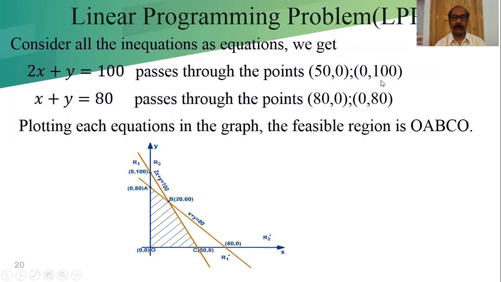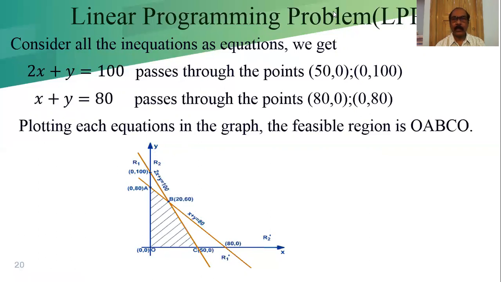The maximum unit is 100, so we have to scale accordingly. Here it is 80 on the x-axis, so we take up to 100 units, and on the y-axis we also scale up to 100 units. That is our choice; we can choose any scale. It is not a hard and fast rule. We just have to choose a scale in such a way that the graph is accommodated in a page.